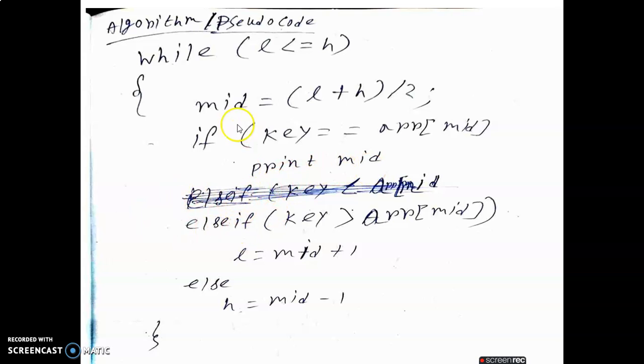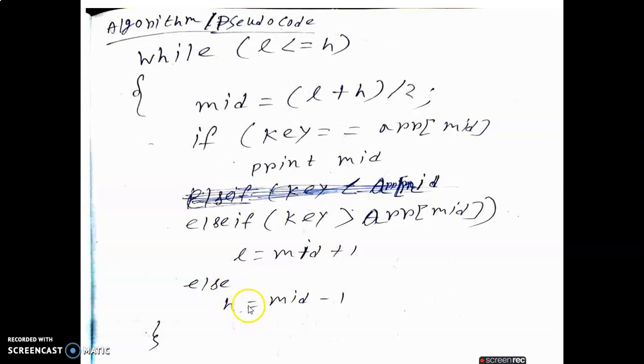Now if it is false, then go to the else if part and check if key value is greater than arr of mid. If the key value is greater than arr of mid, then L is updated to mid plus 1. Why? I will explain when I trace the code. Then if that is also false, go to the else condition.